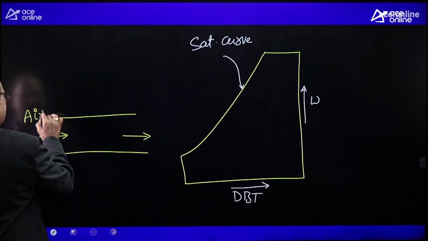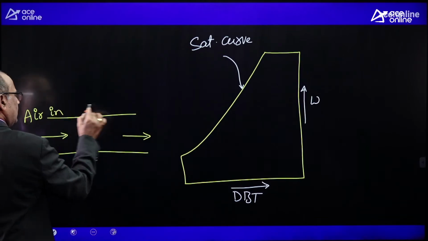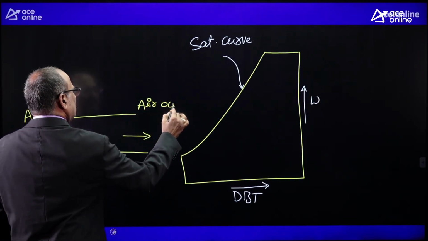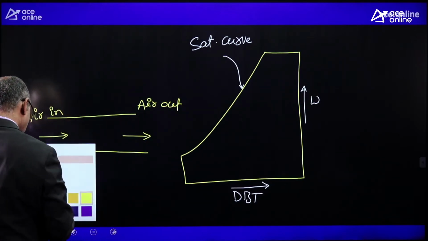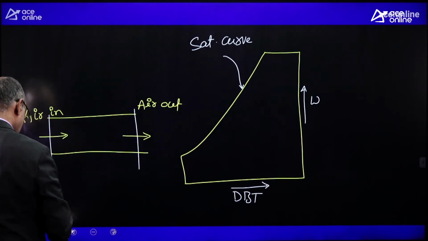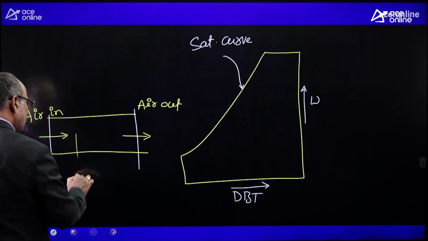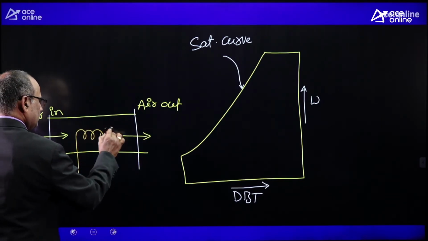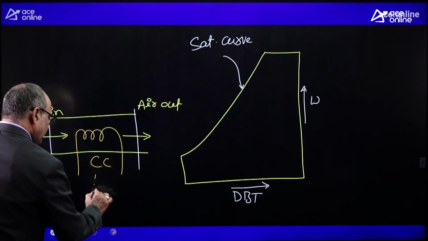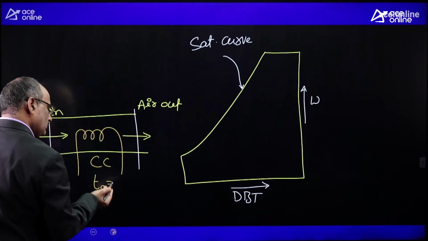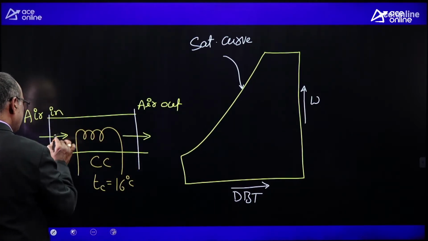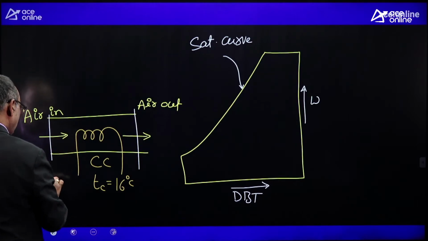Air is entering and air is leaving. Air out. By the time the air is flowing from entrance to exit, assume we are connecting a cooling coil. This is the cooling coil. If I say cooling coil temperature Tc equal to some 16 degrees centigrade, the air is entering at 40 degrees